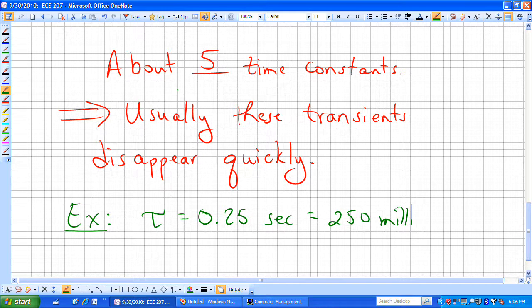If our time constant is 250 milliseconds in length,